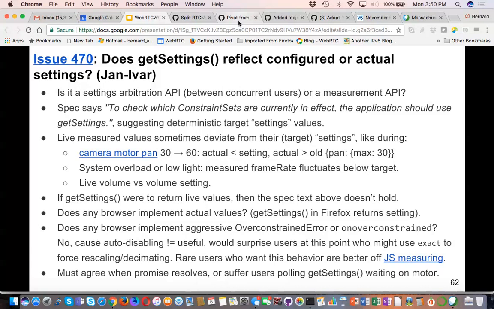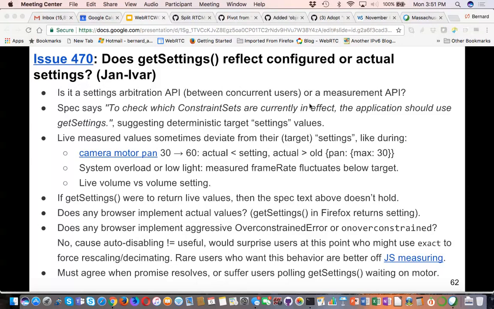When the promise is resolved with 60, there's a question of whether the promise waits for the motor to move. That's one question. If it does that, there's still a question of what the settings should return for the promise as resolved.